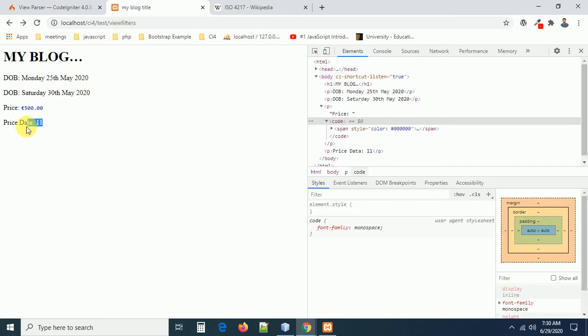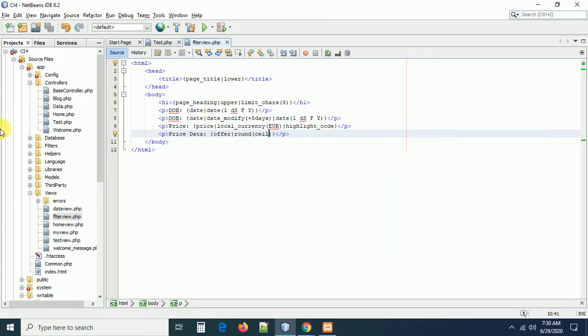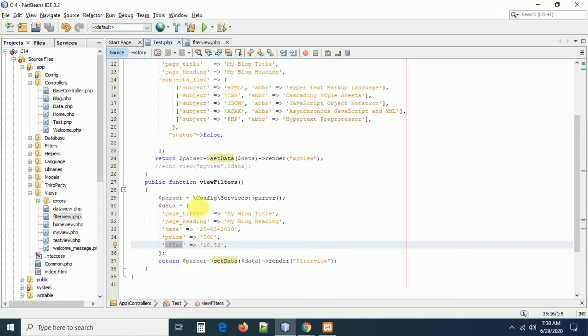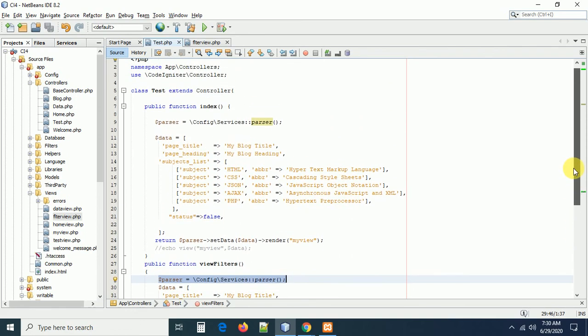So like this we can apply filters, right? And we are going to see in the next session how to create custom filters also. But at the end of it, I want to tell you how we can reuse this. For example, if you have 10 methods, will you create this 10 times? No, right? So do one thing, we have to reuse it.